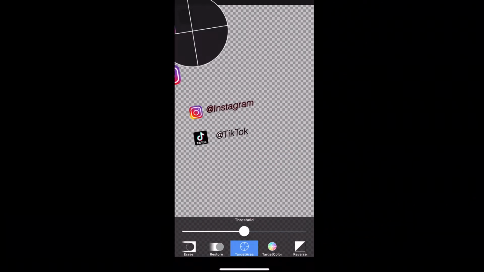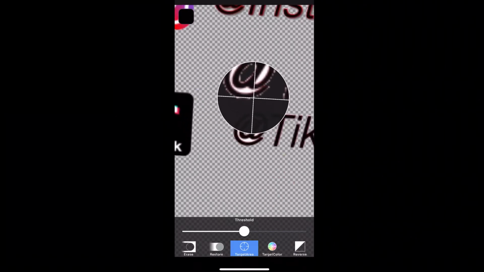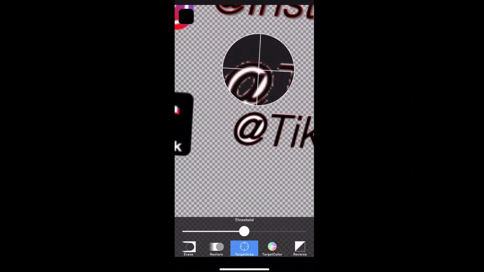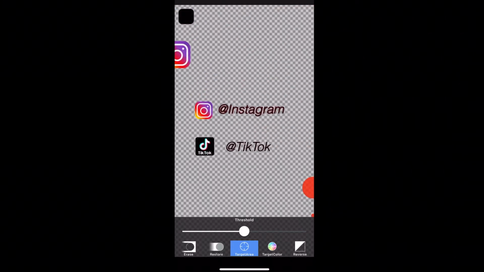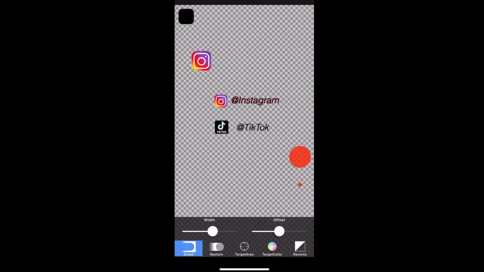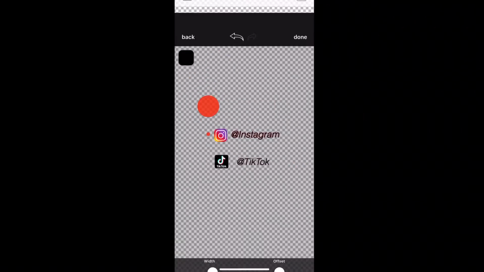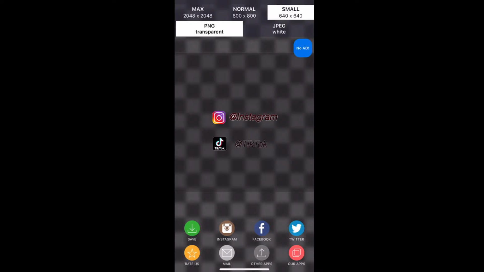You can either select actually erasing it by hand, or if you have solid colors like I like to do, I hit target area and I select the color that I do not want visible on whatever item I'm trying to save. So that's what I'm doing here. I'm going to save it as a PNG transparent file. Once it's saved to your camera roll,